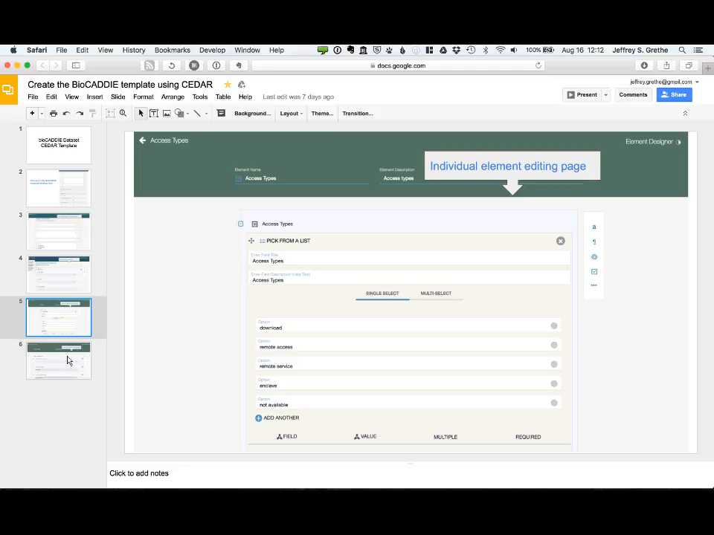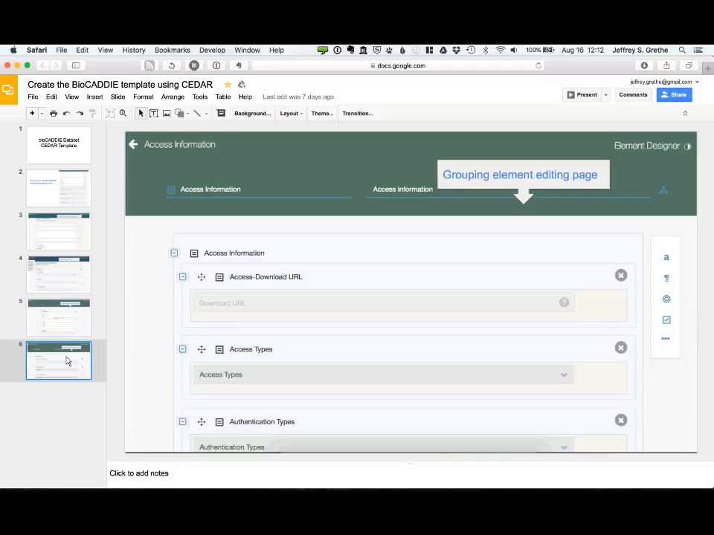So this is the editing page for the access type. We have the access types also as a separate element, which fills into this access type box here. So you can create these lists. And this is the access, then download URL, the authentication types, which is another one of the lists that we're using. So we've implemented a subset of the core elements, and the question is